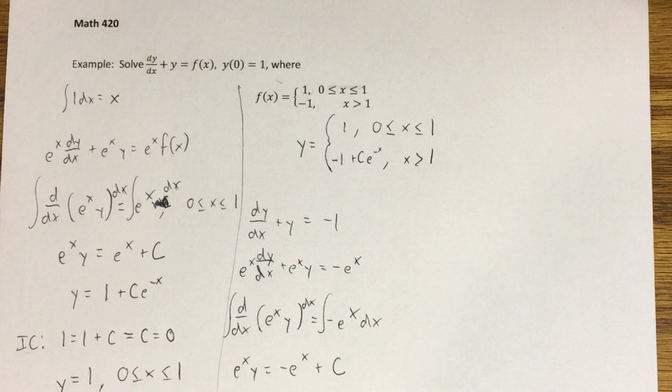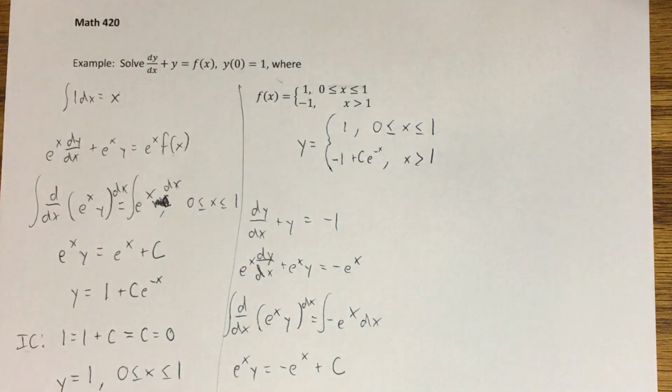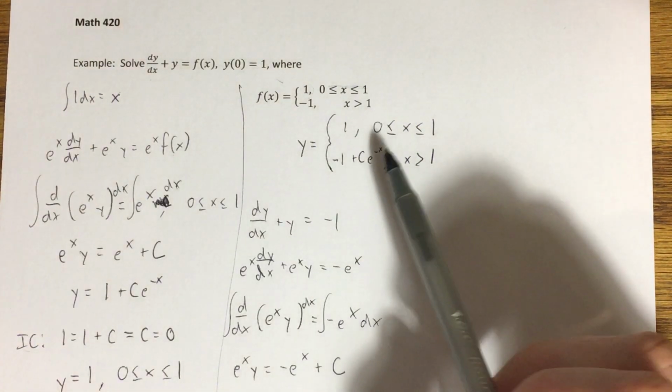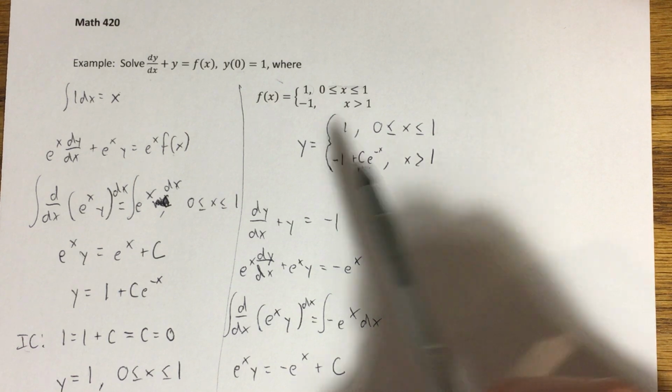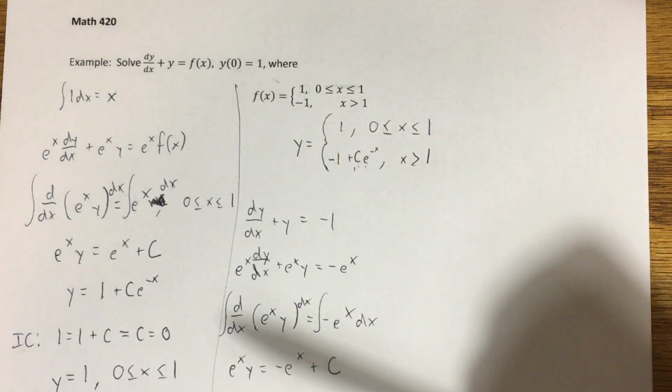Now that's not going to work as a final answer because we don't want a family of solutions. We have an IVP. We should be able to get a unique solution. So I actually do need a value of c here. And the way that we find that value of c is we use the fact that y needs to be